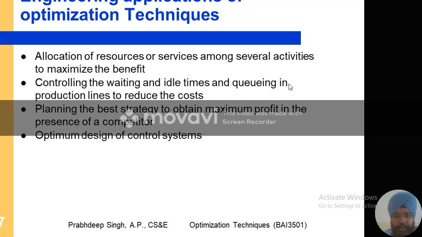Then allocation of resources or services among several activities to maximize the benefit. Then controlling the waiting and idle time and queuing in the production lines to reduce the cost. Planning the best strategies to obtain the maximum profit in the presence of